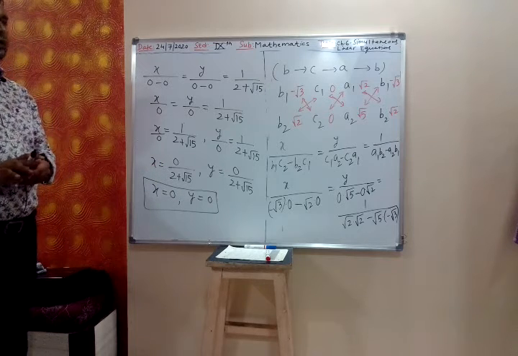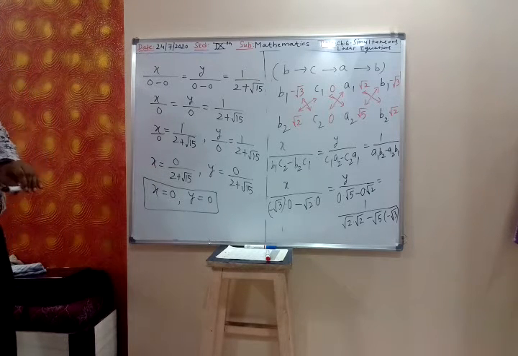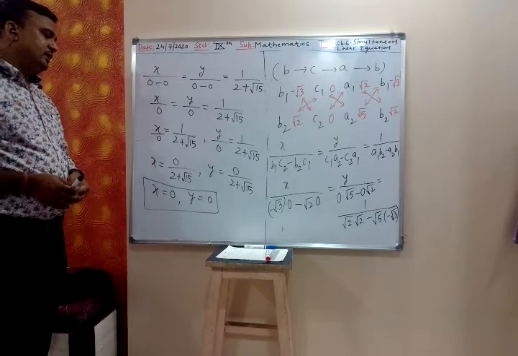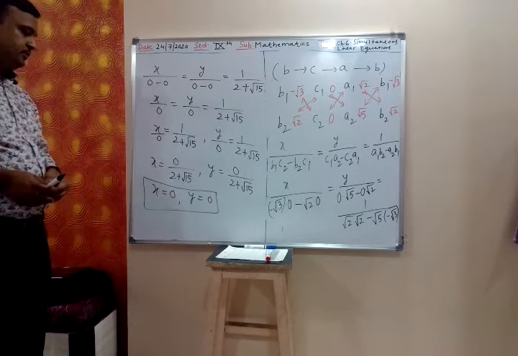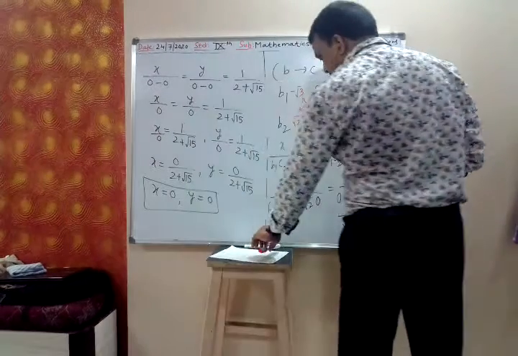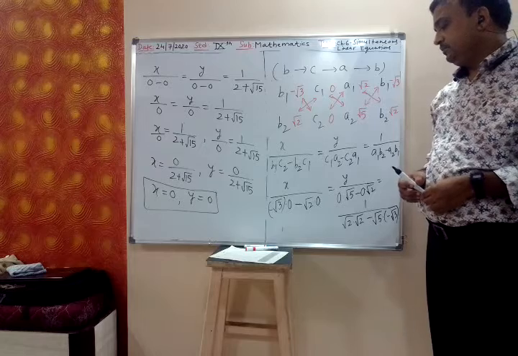If it is root 25, we can write square root of 25 is 5. Now numerator is 0, that is why we write the whole number as 0. And this completes the cross multiplication method.